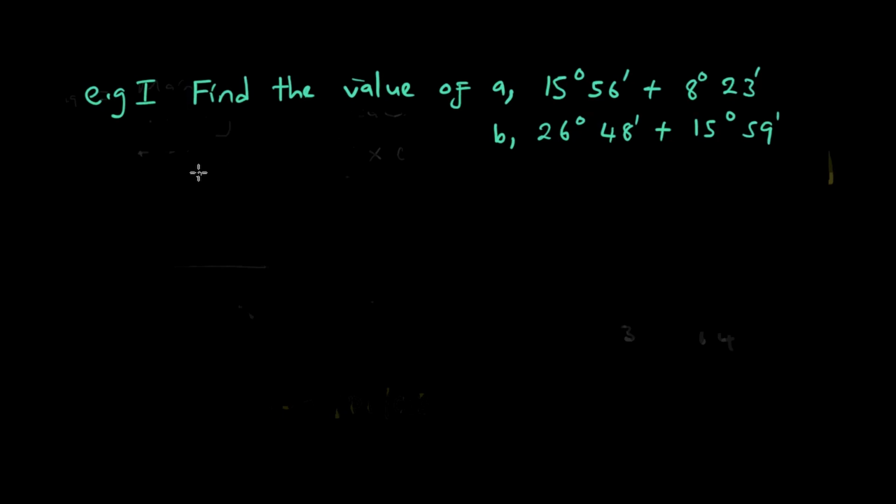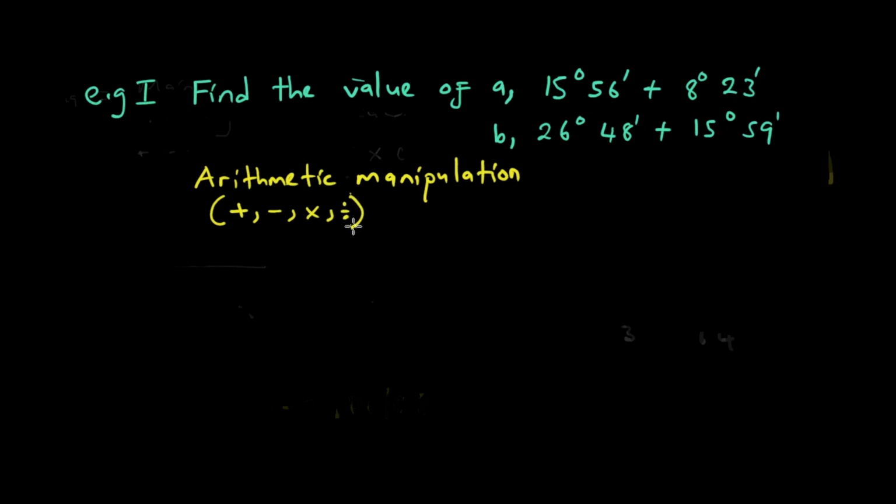Saka example iyi iri kutaura pamusoro pe arithmetic manipulation. Saka kana chitaura pamusoro pe-arithmetics, tine 4 operations. Tine addition, subtraction, multiplication, division. So the first type of questions anouya pama-degrees and minutes anenge achida kuti ti-add, subtractor, kumultiplier kana kudivida ma-degrees